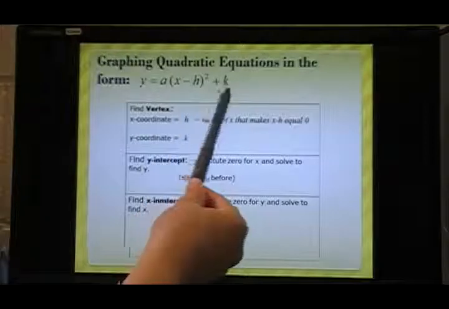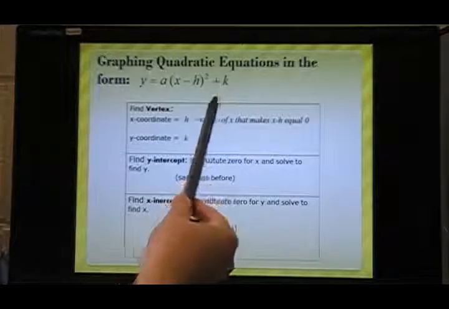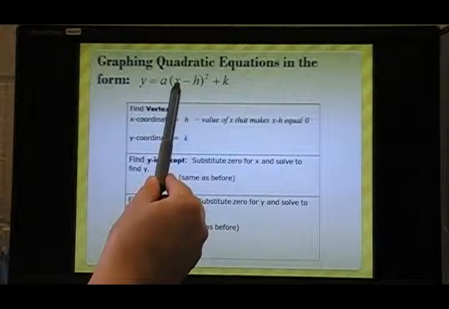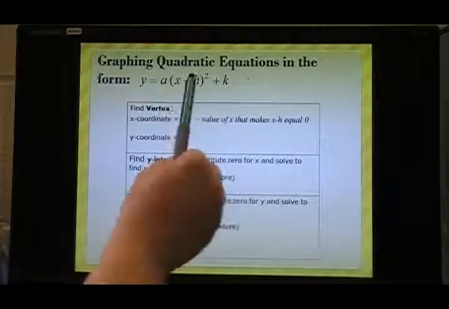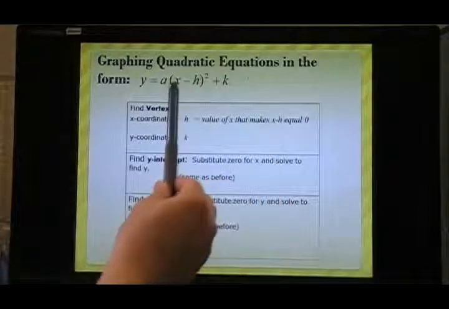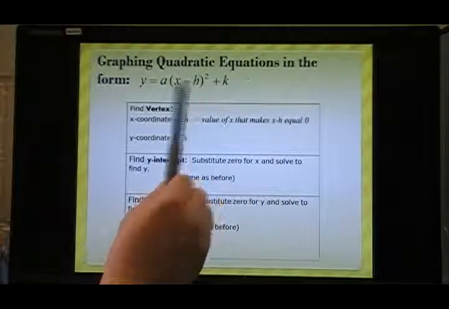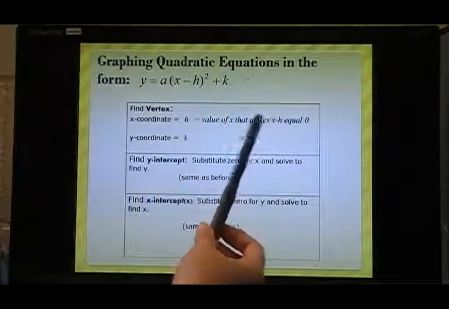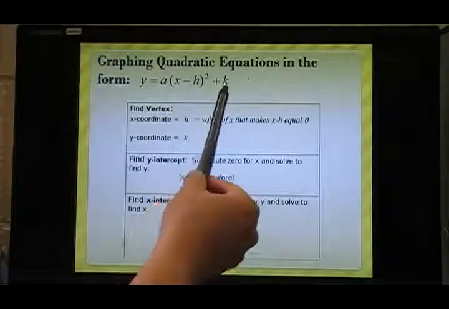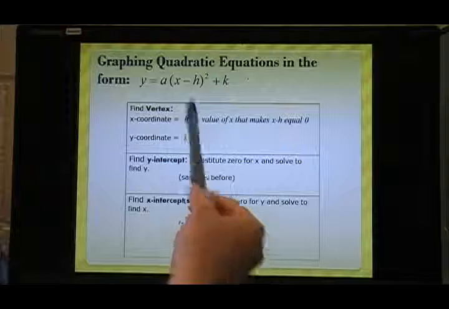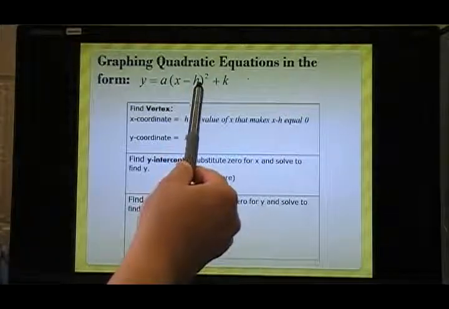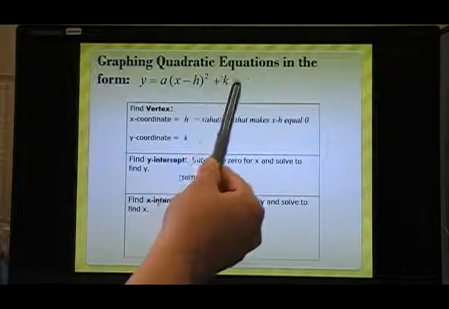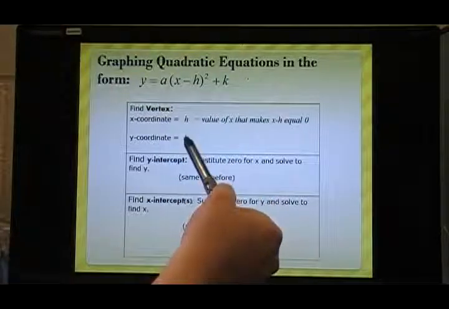When you're given a quadratic equation that is in this form, the x-coordinate of the vertex is always this number h, or whatever makes the inside of the parentheses equal 0. So if this was x minus 2, the x-coordinate of the vertex will be 2, because 2 minus 2 is 0. And then that makes this the y-coordinate, because if you substitute this number in, h minus h is 0, squaring 0 is 0, 0 times a is 0, plus k,